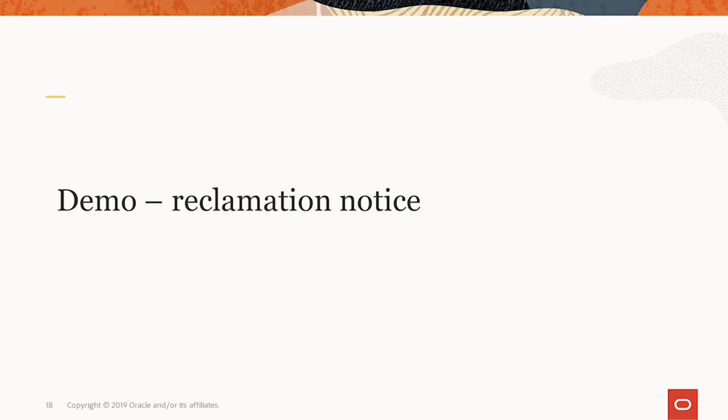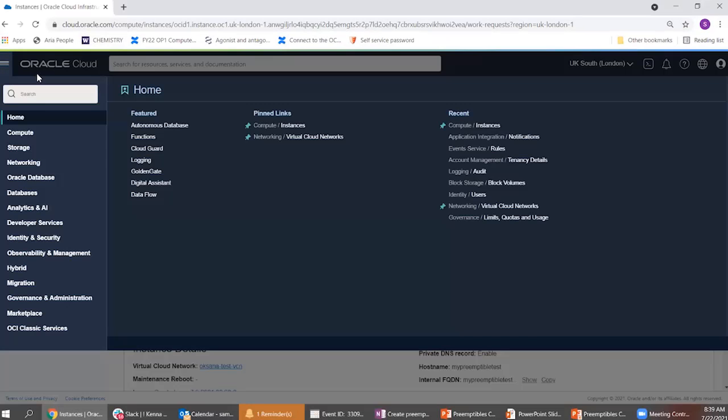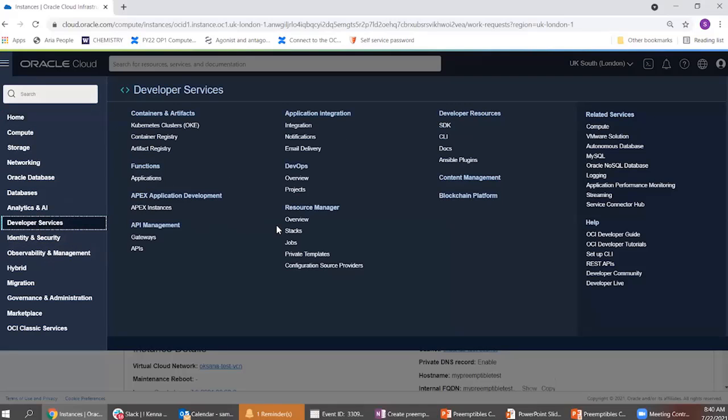All right, now a larger task awaits us in understanding how to set up consumption of reclamation notices. So in order to do this, I'm going to do three things. I'm going to create a topic, I'm going to create a subscription to the topic, and I'm going to create an event rule which will route preemptible reclamation events to my topic. So I will start off by creating,